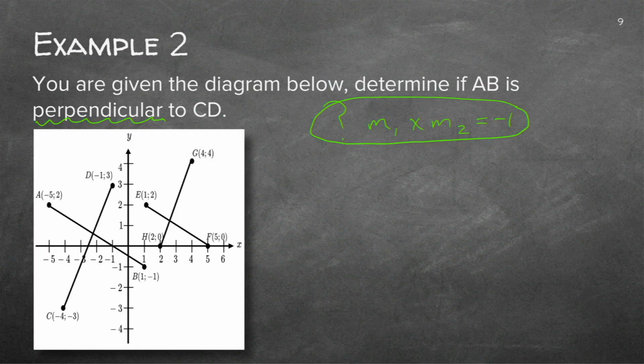I need to find M's. They did not give me the gradients, so I need to find the gradient of AB, and I need to find the gradient of CD. Let's just do one at a time first. Let's go to AB. I'm quickly going to allocate one x1 and y1, and then this one will be x2 and y2. The same there, x1, y1, x2, y2. You can clearly see we are doing the same thing over and over again. That's why I said this is the easiest part of all maths. You should get full marks for analytical geometry.